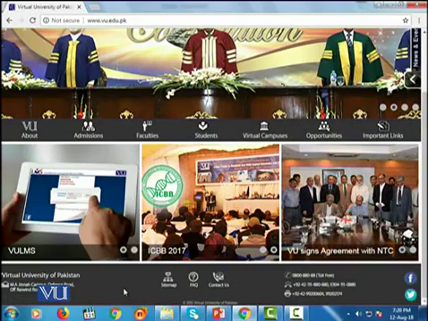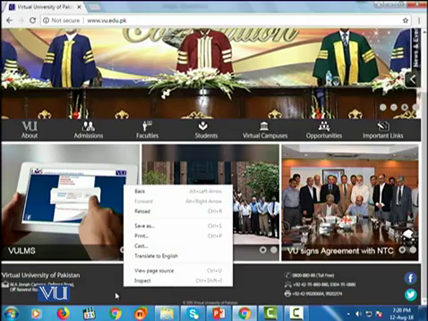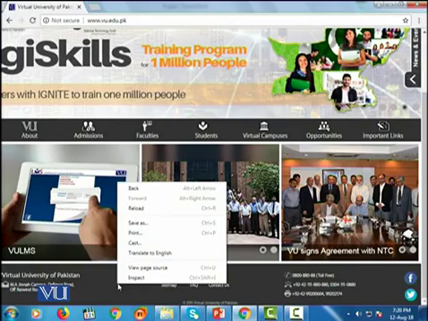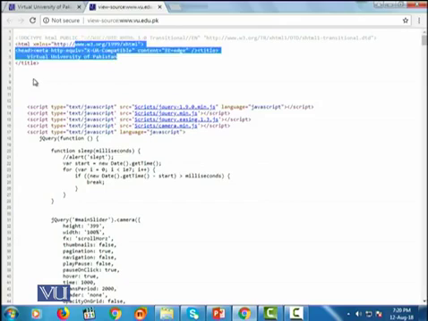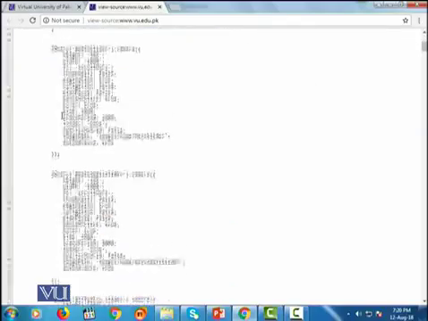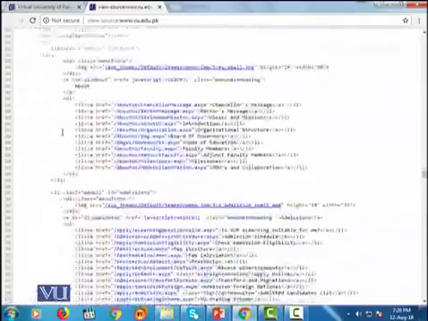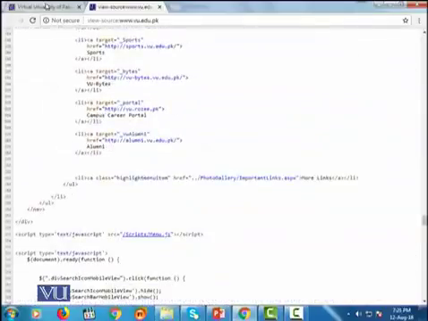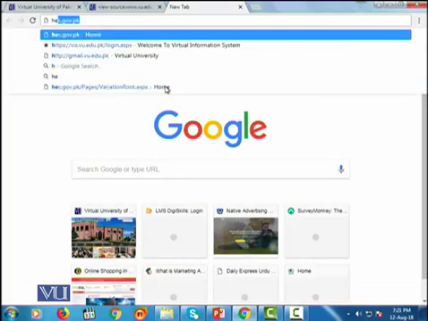You can see the HTML which is being used behind the scenes by right clicking on the page, and you will see view page source. If you go to view page source, it says this is an HTML document, and this HTML document has some title and it has long code and tags which are basically being used to display the page you were seeing over here. Similarly, if we go to the website of the Higher Education Commission,